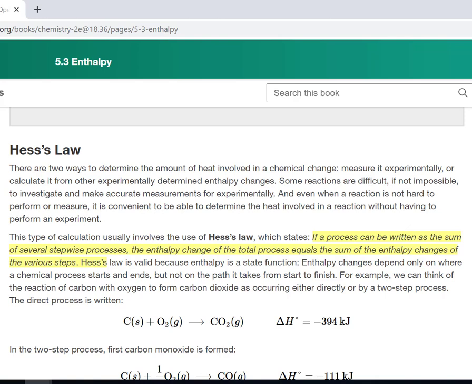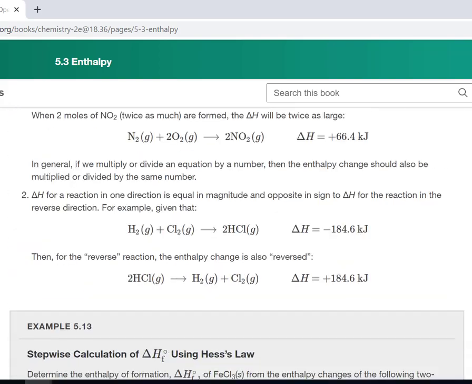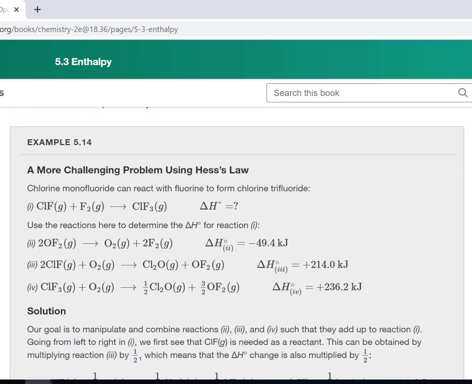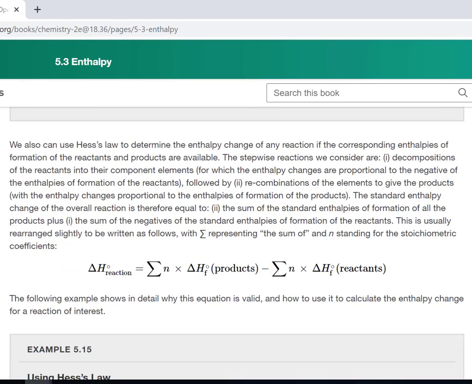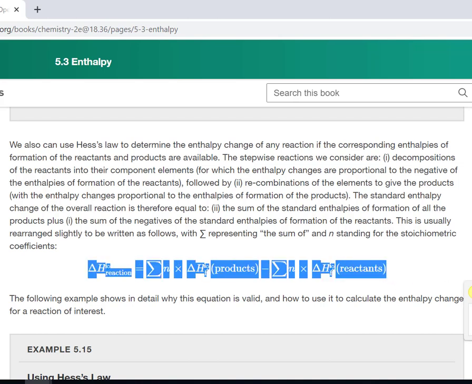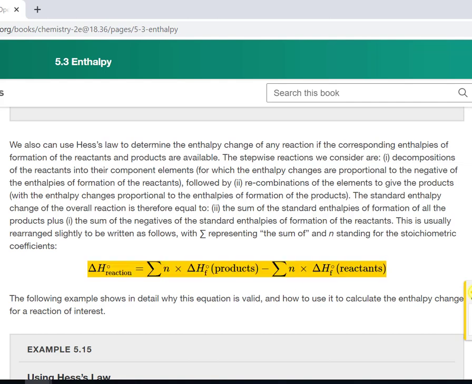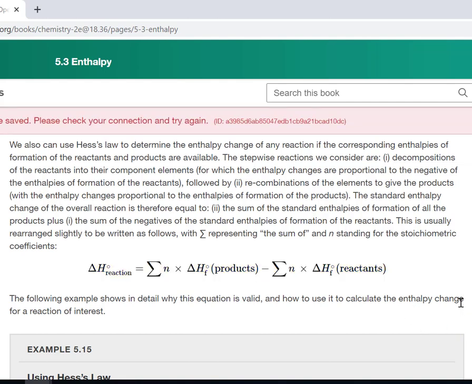This is basically that you can combine any process and do it in any order. So it's a state function. Doesn't matter how you get there. You can get there the way that makes the most sense. And it turns out the way that makes the most sense most of the time is what we're showing in this equation right here. And this probably looks a little unclear